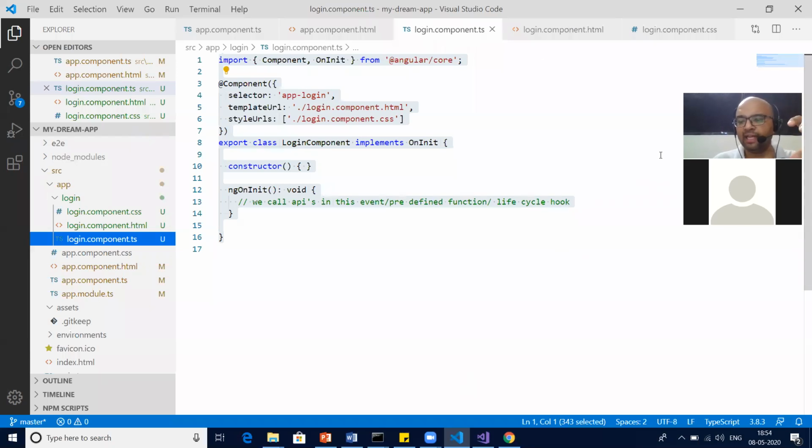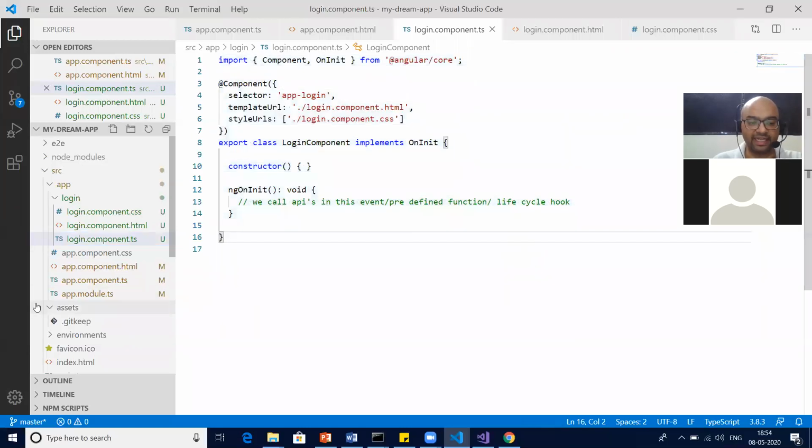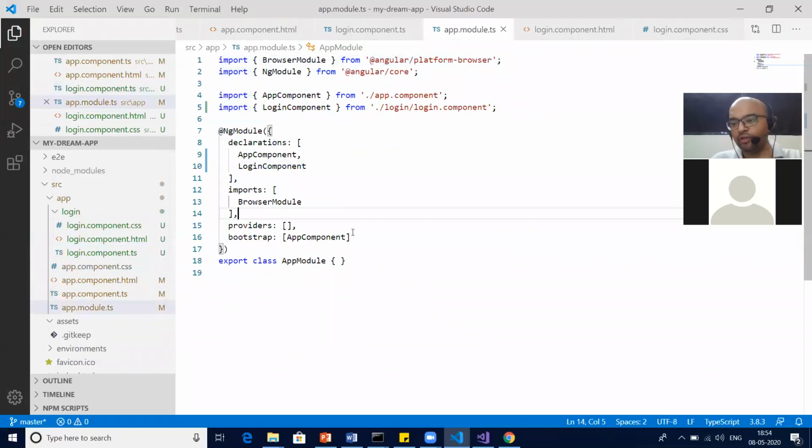First of all, I will show those who are saying the module file. Let's see the app module file. In the app module file, you can see it is already called. It is already in the declaration. That is why I said you are right. I need to hook it basically, but it is automatically hooked. Why?